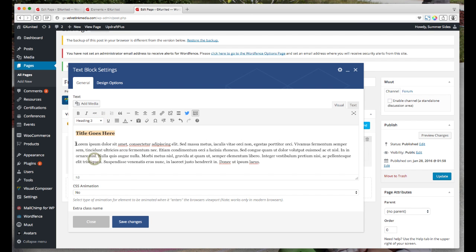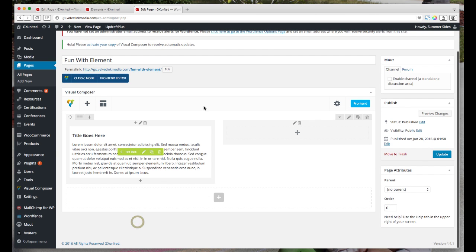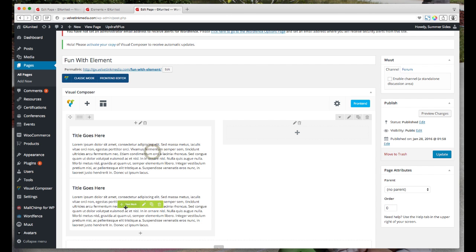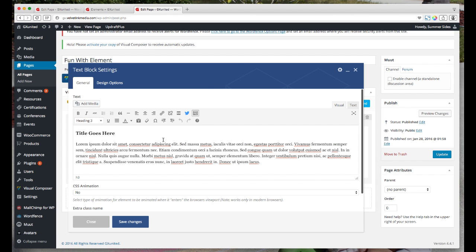I'll do a heading 3, and then I will save this. All right. And then I can do a couple other things. I can start from scratch and add text and stuff to here, add something different like maybe an image, or I can make it easy if I want to do text and just hit this duplicate sign, clone, and then drag this over. And then if I want, I can go back in here obviously and just edit what I've